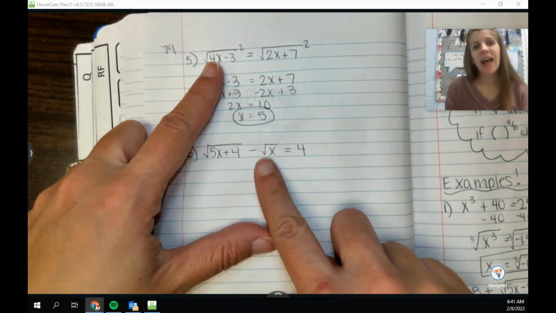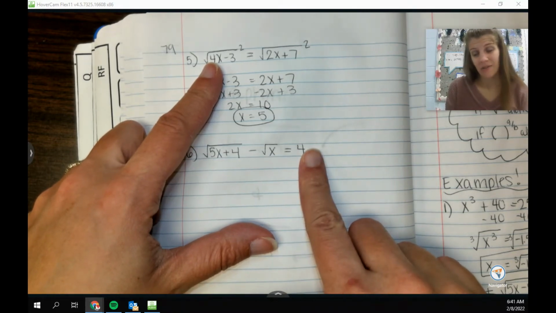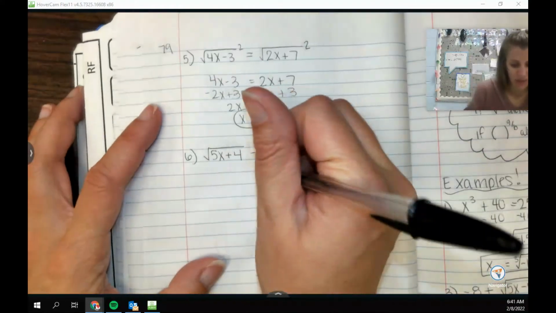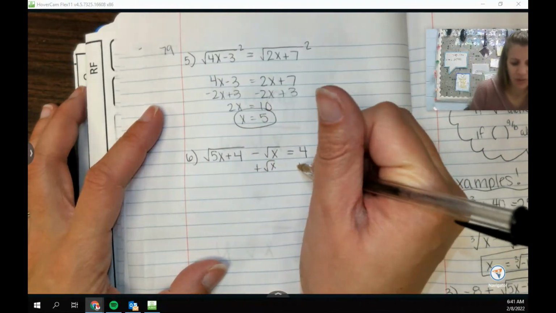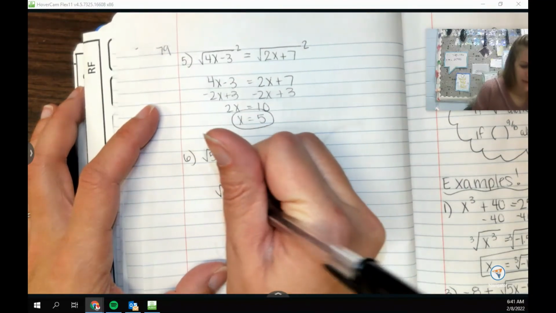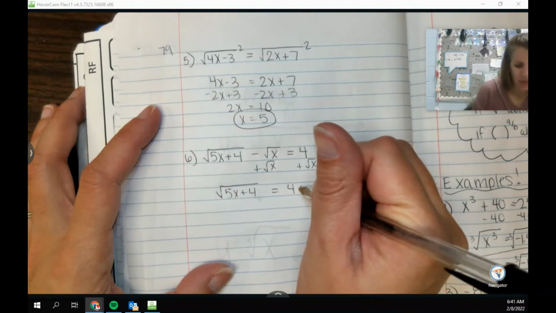And so I might think about adding that square root of x over because it's addition, not subtraction anymore. Also, the square root of x is more simple, and that's the one you want to move. And so then we'd have the square root of 5x plus 4 equals 4 plus the square root of x,